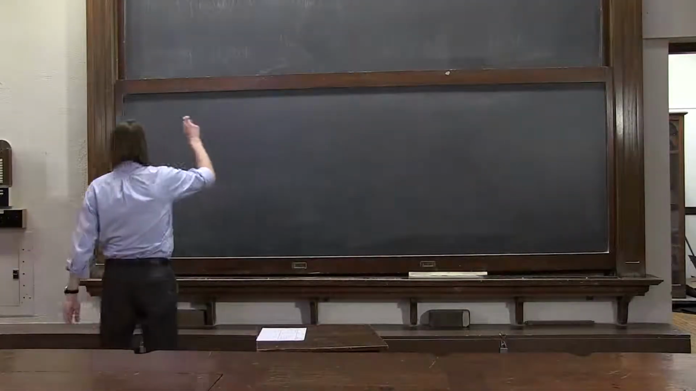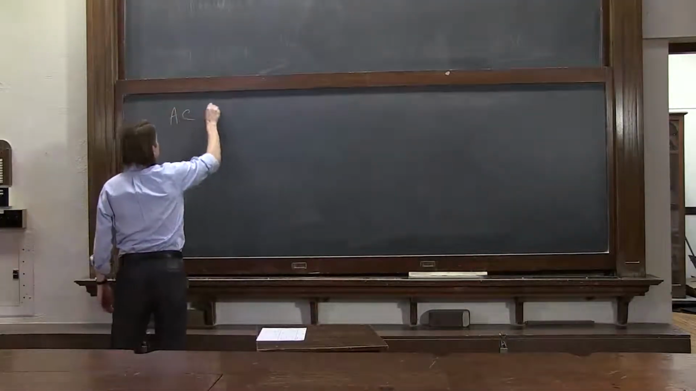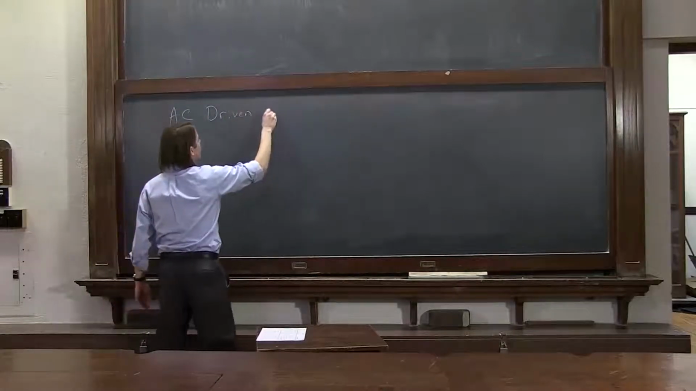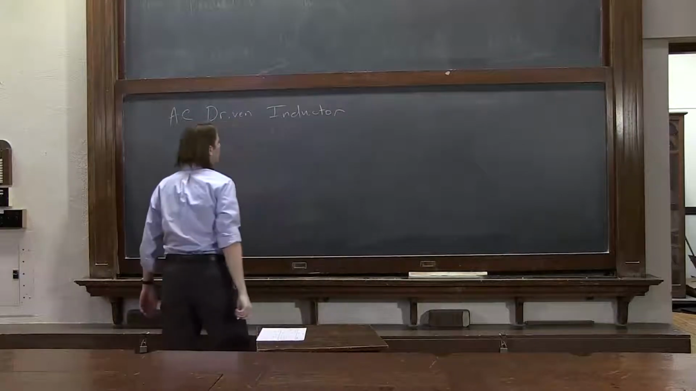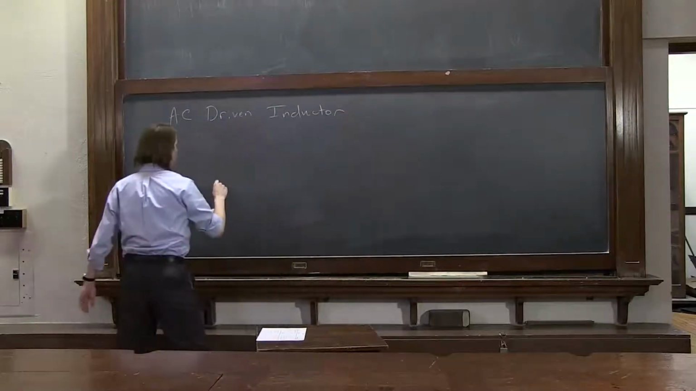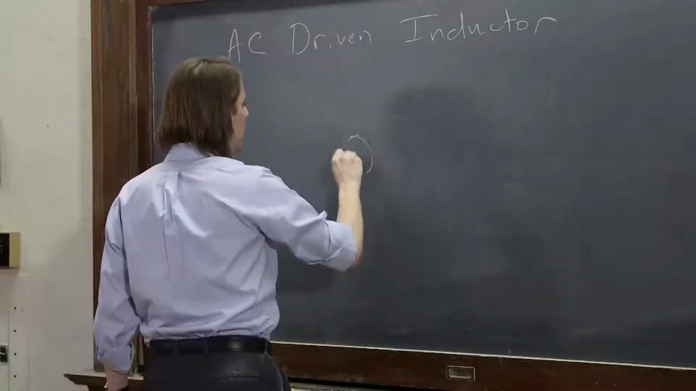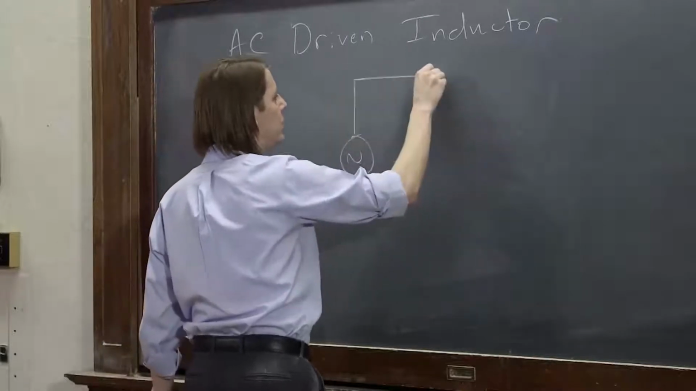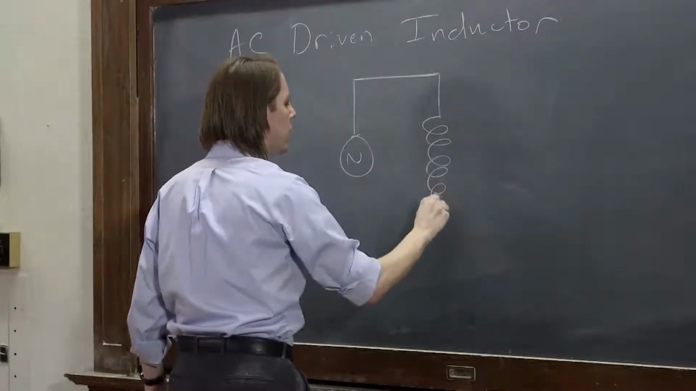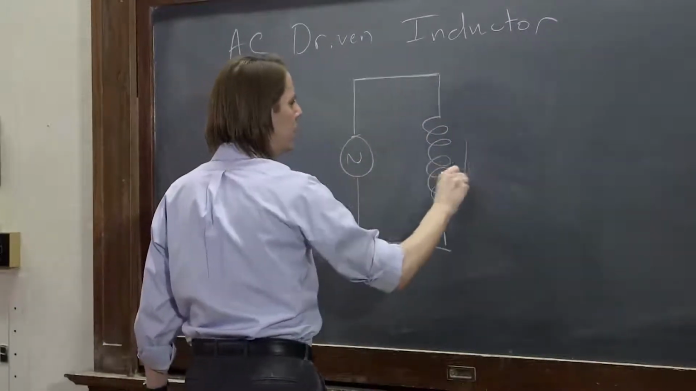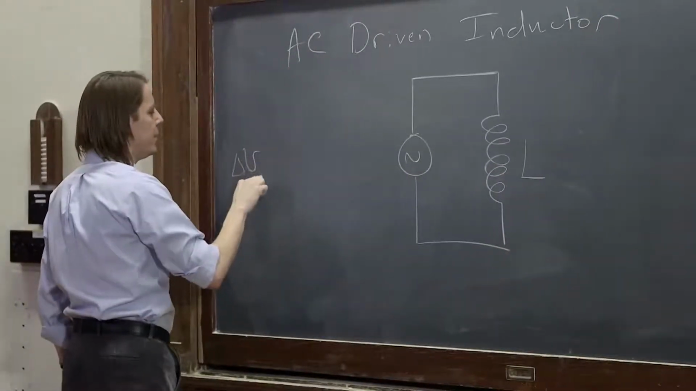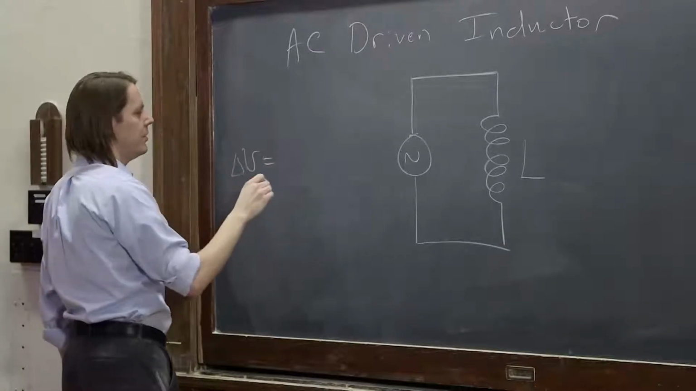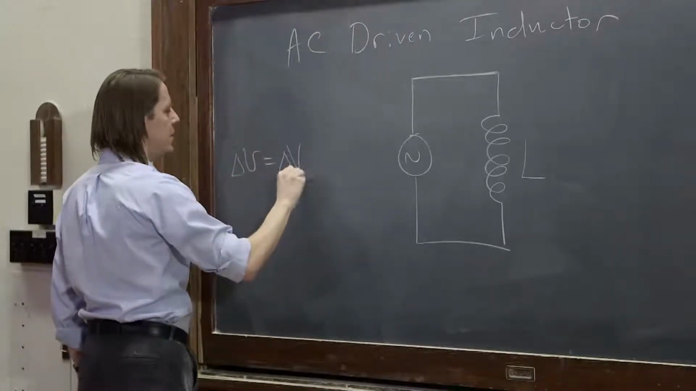And now for the AC driven inductor. Let's see, so again we have our AC source here, and now we're going across an inductor L, and this is again delta V. The voltage as a function of time is delta V max